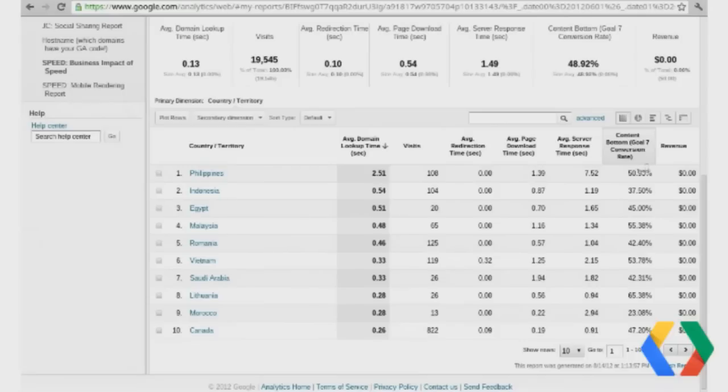But I have this goal of people actually reading articles. And so what I can start to do is look and see, is there any relationship between some of these speed metrics, like domain lookup time or redirect time, and the conversion rate that's happening. What I think is really interesting about building this report out is something we mentioned before, where you have metrics for different parts of the process, right? So whether it's server, network, or browser-based. And certain types of things are dependent on geolocation, or they might be dependent on the piece of content.